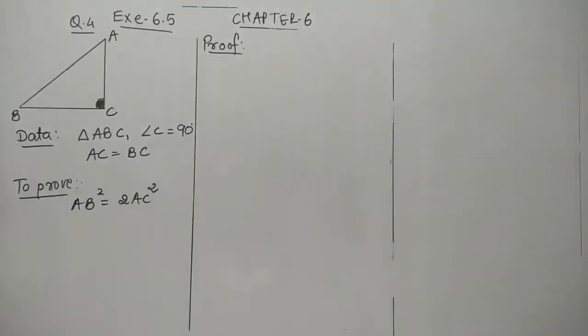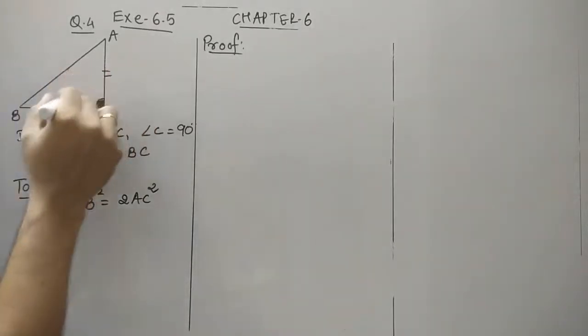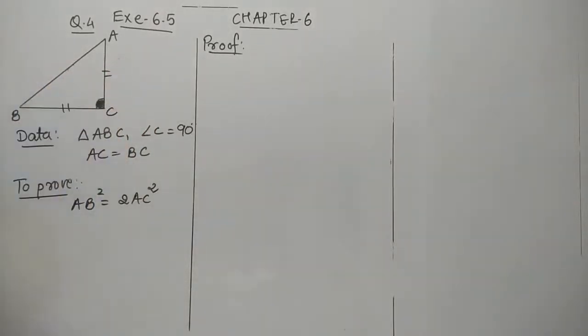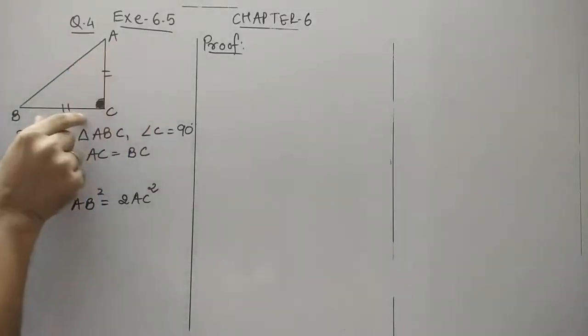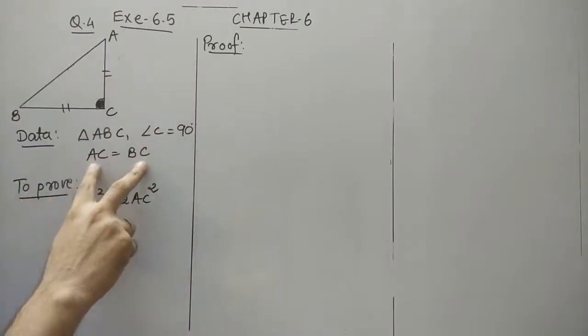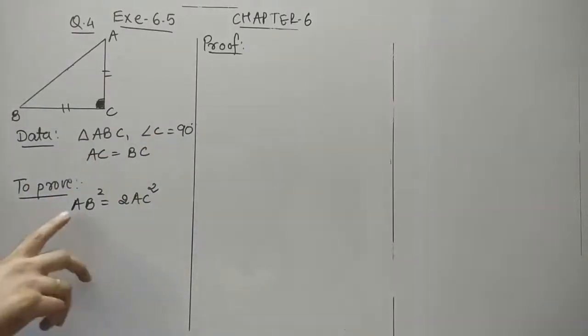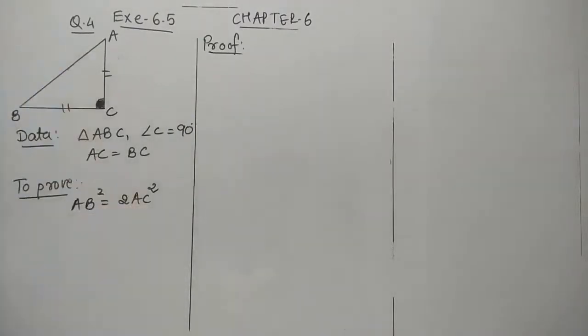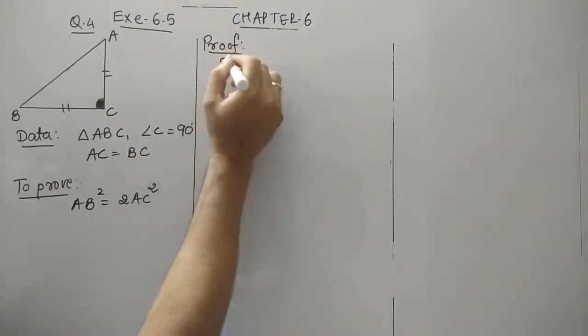Let's prove question number 4 here. It is given that triangle ABC is an isosceles triangle and angle C is a right angle. As C is a right angle, this is the hypotenuse and obviously these two must be the equal sides, because as we know in a right angle triangle, the hypotenuse is the largest side. So it is an isosceles right angle triangle, so these two sides which form the right angle are equal. So in ABC, C is a right angle, so AC and BC are equal sides. We have to prove that AB square is 2 times AC square. It's quite simple and easy. So let's note it down in triangle ABC.